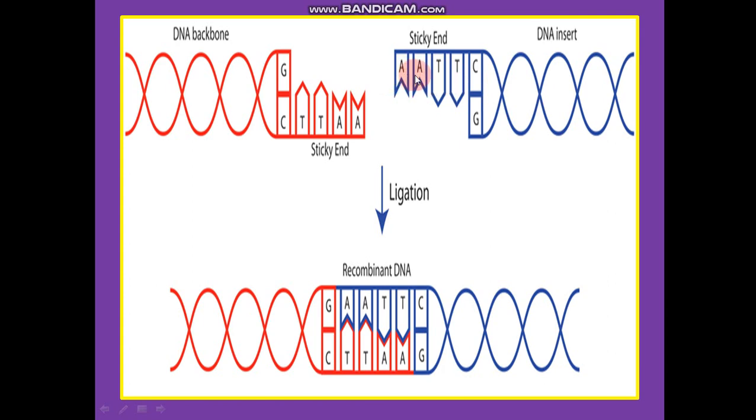end of AATT and C. See here. Also, the same restriction enzyme is used to cut the DNA backbone of the host, so it also produced the end having AATT and C. So C is already joined with G here and C is already joined with G here. But these four which are unjoined will automatically complementary bind to each other and will be ligated. This is a term, ligation, will be ligated by complementary base pairing.